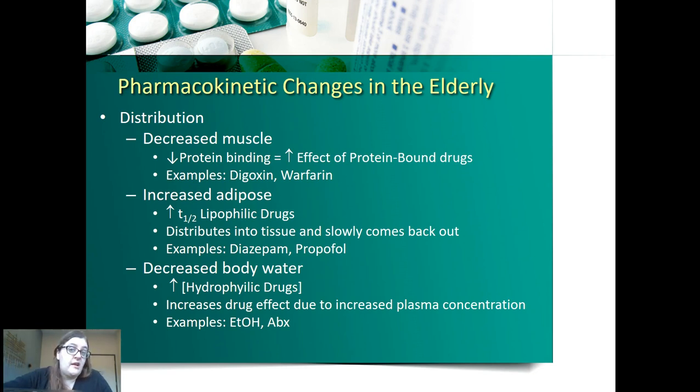So examples there, alcohol tends to affect older adults more. There's potentially some other reasons, but that's one big reason. And then antibiotics as well are